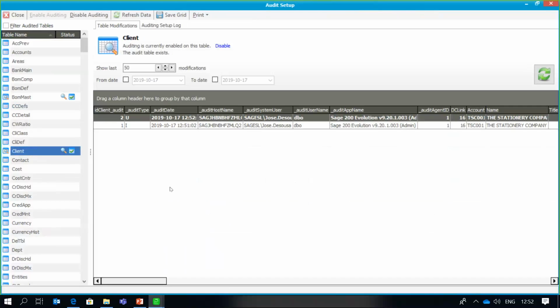Right, so now you see that there's two records. Changes have been made, and they're my details. What you notice there is that the audit type is now a U, which means that an update has occurred. So I is for inserting a record, and U means that updating changes were made to an existing